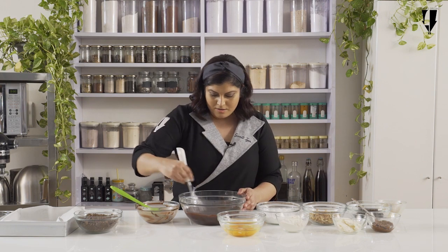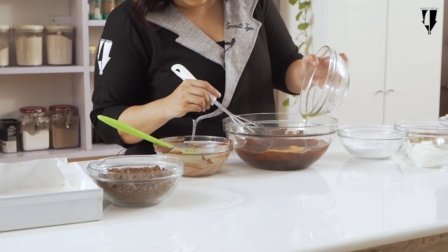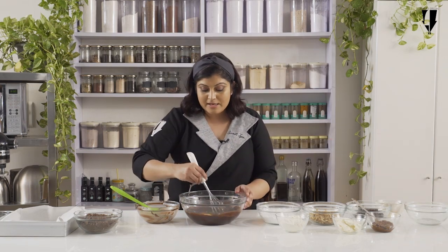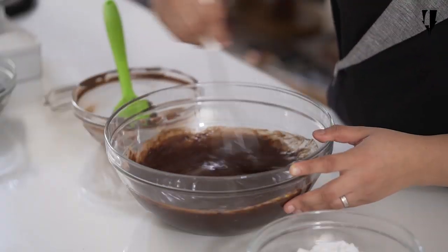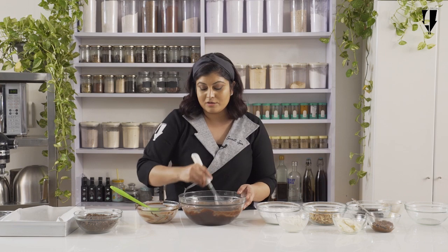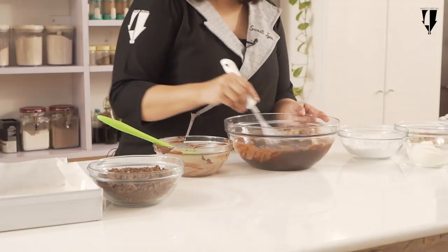Now, I'm going to add eggs. Now this recipe of mine is with the eggs, but I also have another recipe which is an egg-free brownie, which is again going to give you fudgy results. So if you don't consume eggs, you can go ahead and use that recipe. Okay, now that the eggs are whisked in,